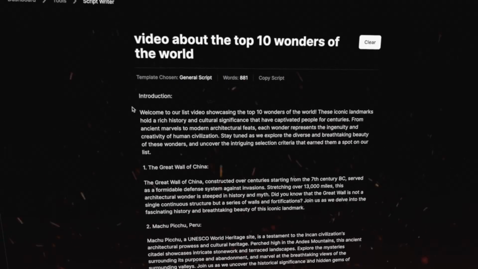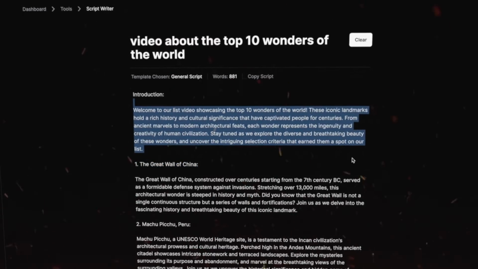However, here's the thing. What would be really cool is if you could select a portion of the script to type in a prompt to change it, or if you could just type in a prompt to change the entire script. Like if you want to make it more serious, more comedic, add more facts to the script. An addition like that to the AI scriptwriter would be so much better. Like, I couldn't stress enough how helpful that would be.